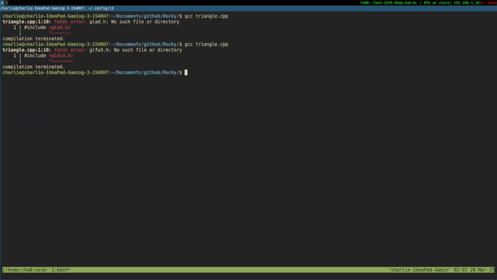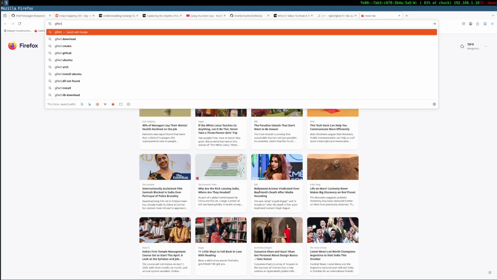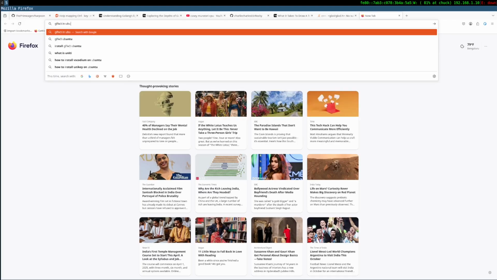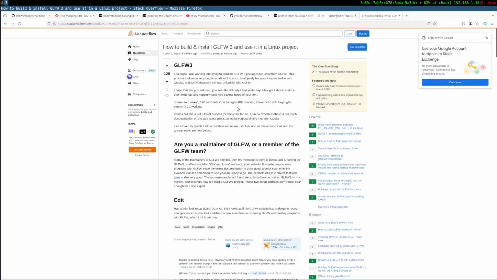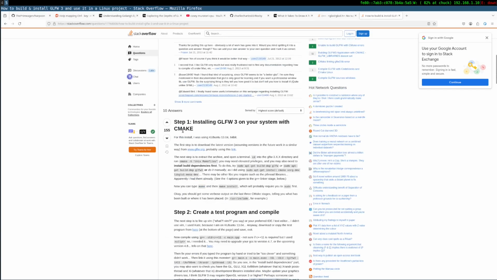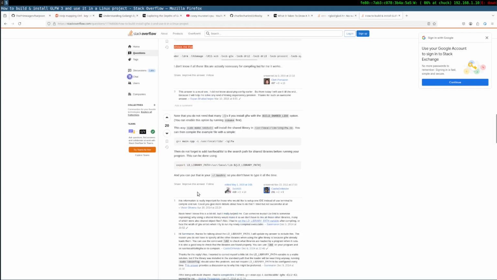Hopefully. GLFW3, GLFW3 in Ubuntu. Install on a system with CMake, CMake package.